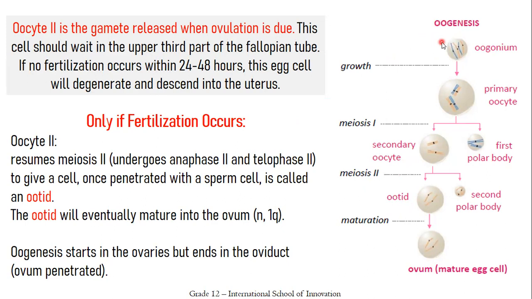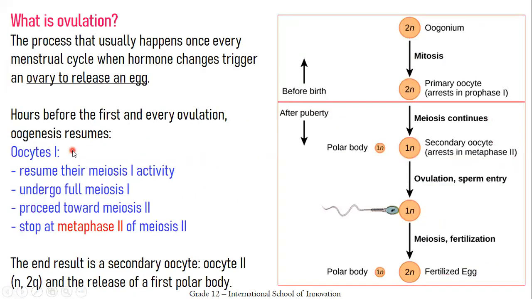oogenesis is divided into 3 big parts. Okay, a primary oocyte is produced before birth. After birth until the age of puberty, almost nothing happens in the female's body. At puberty, meiosis 1 and 2 resume. So we will get an oocyte 2 blocked at metaphase 2, and after fertilization, an ovum is obtained. So there are 3 big phases: before birth, at puberty, and after fertilization,